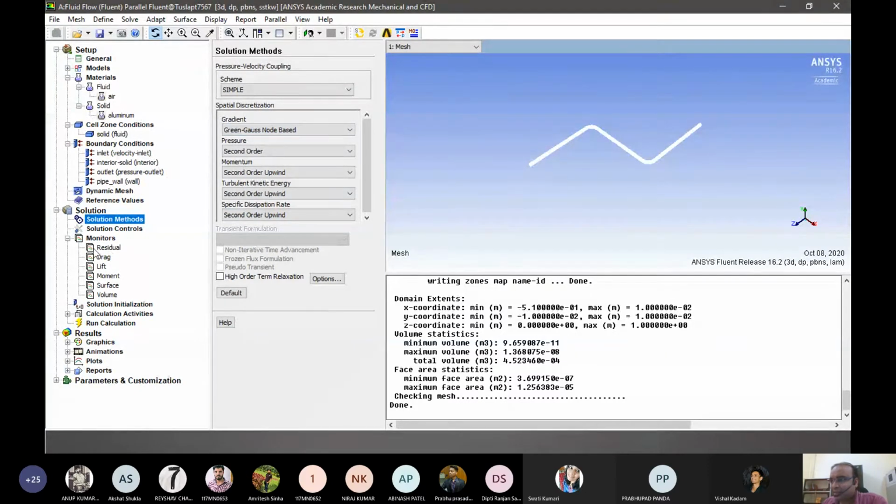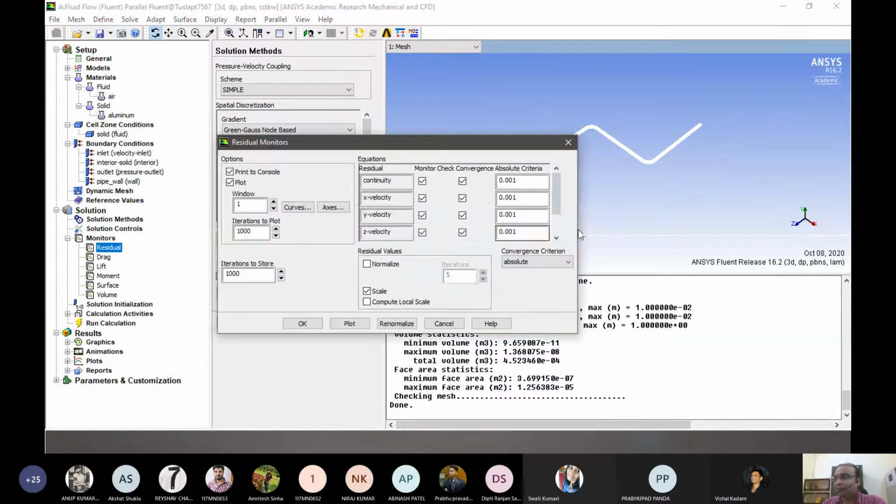Okay, and in other cases, we have many other monitors, where monitors basically define where to stop the simulation. There are two ways, which I think we have already seen in finite element. There were two things which stop simulation, right? One thing was the number of iterations we defined, right? And the other thing was the threshold value. So here also, the residuals are the threshold values. Residuals basically mean how much is the difference between the previous one and the next one.